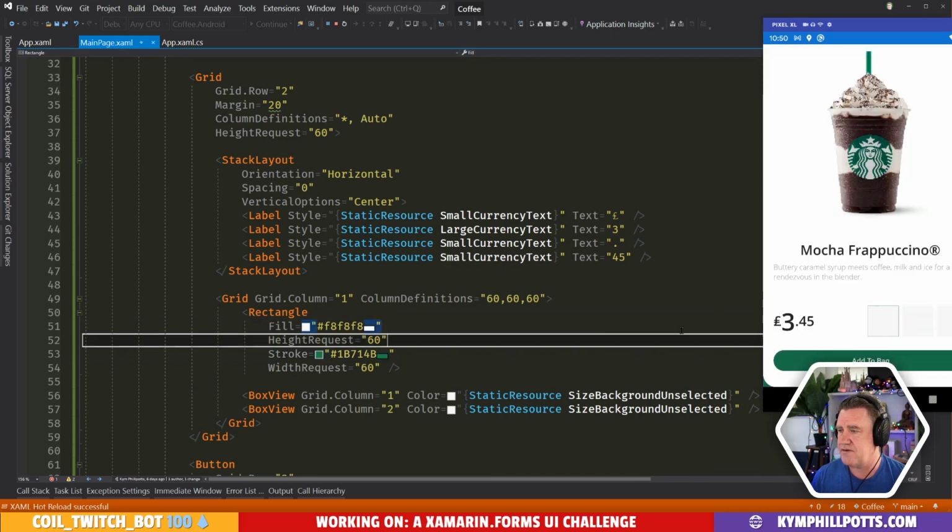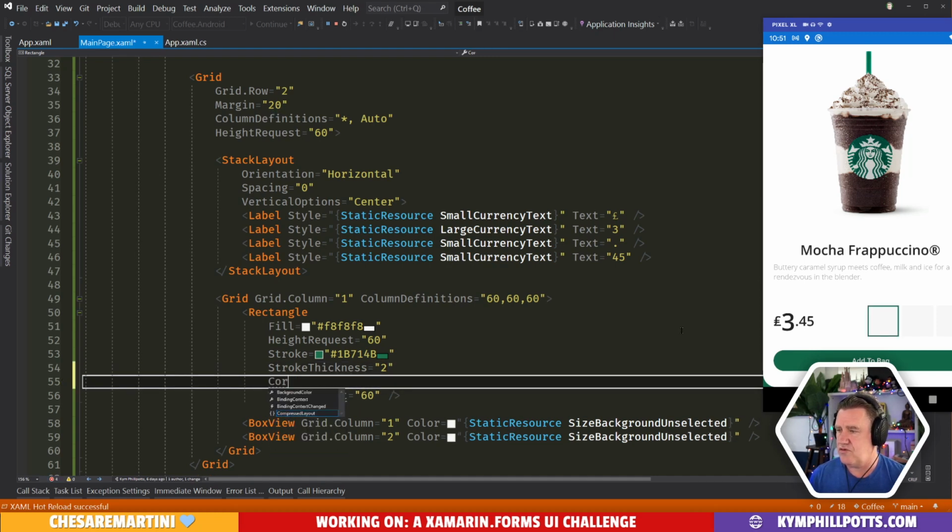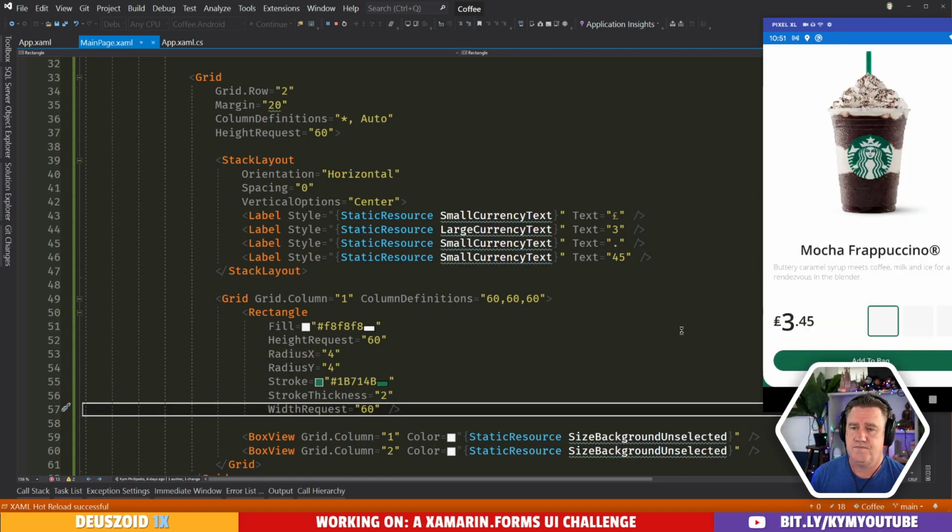Hey, we got a rectangle. Stroke thickness of, say, 2. And maybe a corner radius. Yeah, that's nice. That's pleasant.